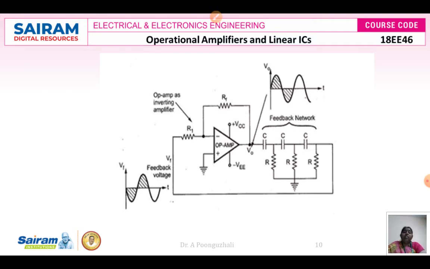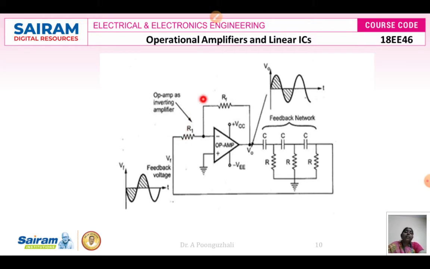So we can see that the op-amp is going to be used in the inverting mode, the inverting amplifier configuration. You are going to have your feedback resistance, R1. The non-inverting terminal is going to be grounded. In the inverting mode, we should give the input signal. Instead, the output of the feedback circuit should be fed back as the input. So in this case, you are going to have your V0. The V0 is going to be connected to 3 RC pairs. This is one RC pair, this is another RC pair, and this is a third RC pair. The output of this RC pair is going to be connected as input to the operational amplifier circuit.